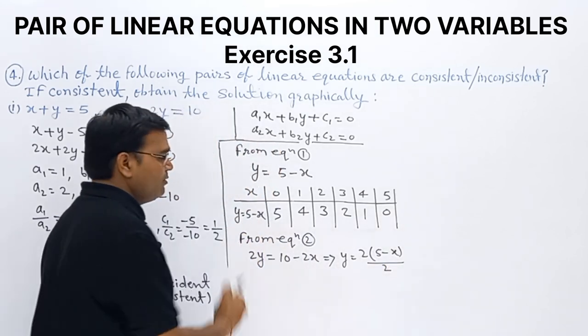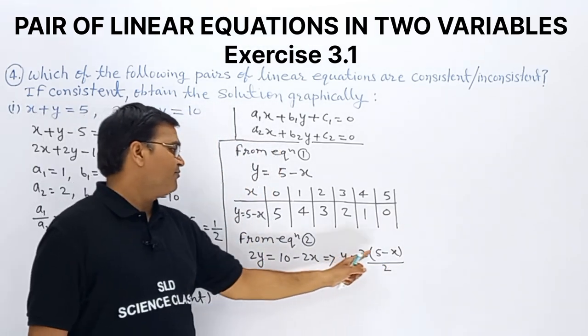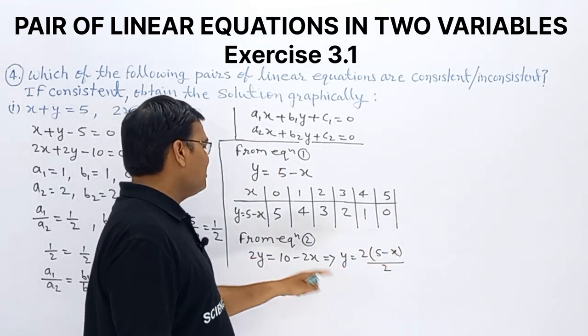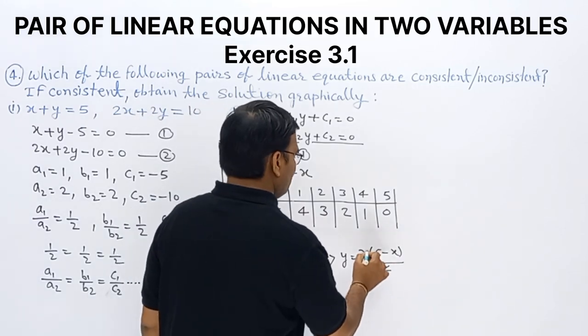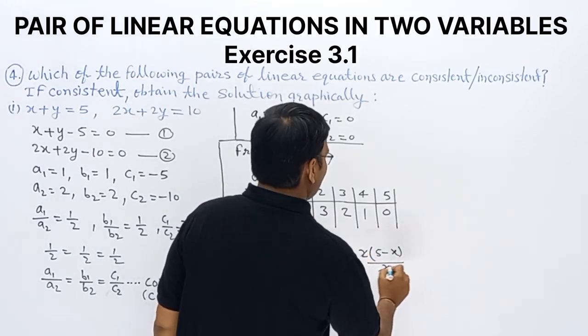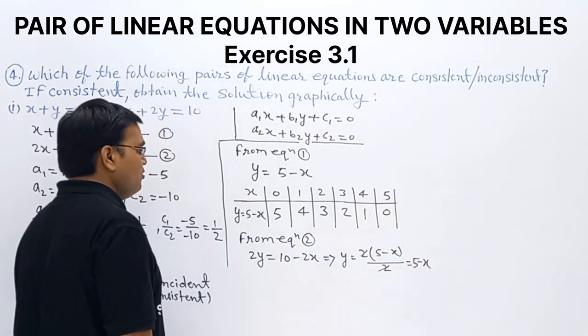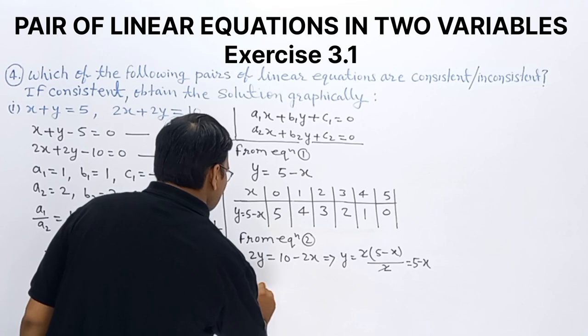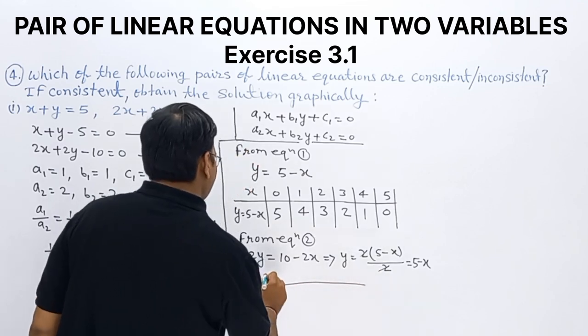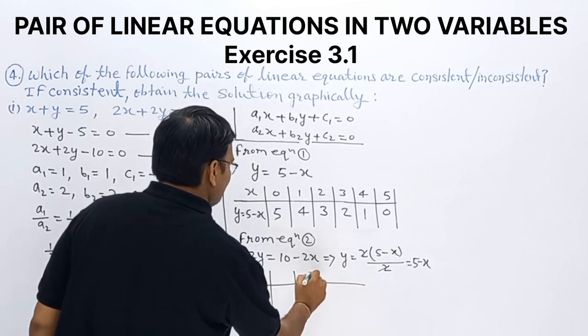Observe, 2 is common in both, so we get 5 minus x divided by 2, so the 2 cancels. What we get is y equal to 5 minus x. Clear? This is the value of y. Now I am drawing the table for